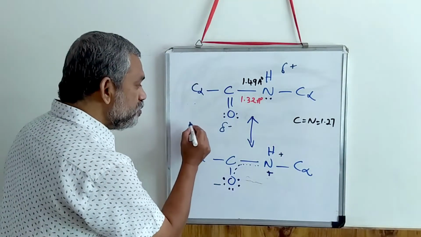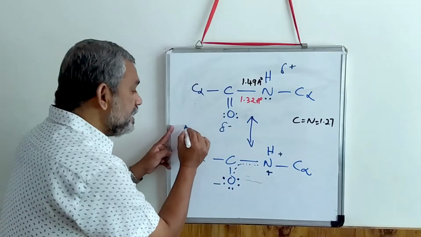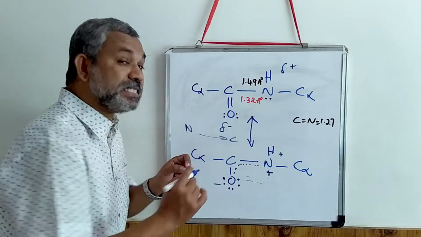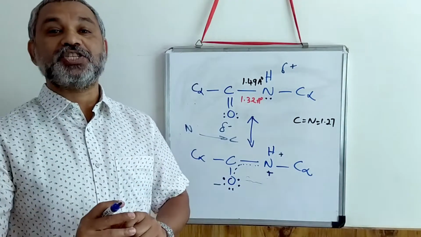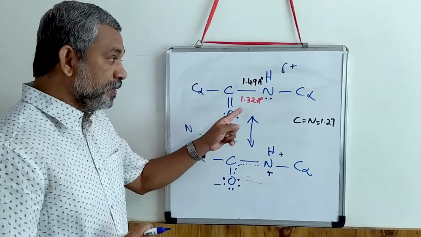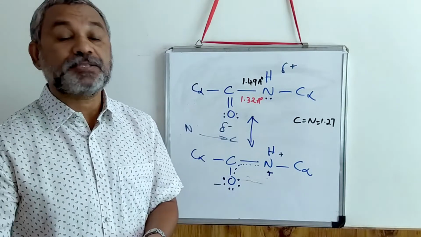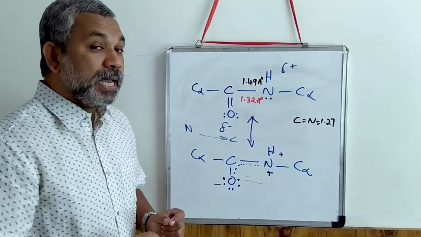So therefore, when you write C, this is the amino nitrogen, the N to C. You can say that there is polarity existing in the peptide bond. There is a polarity existing. Now, another important aspect of this peptide bond is